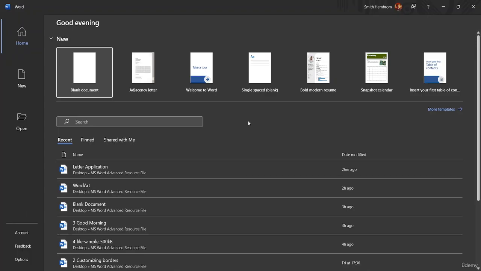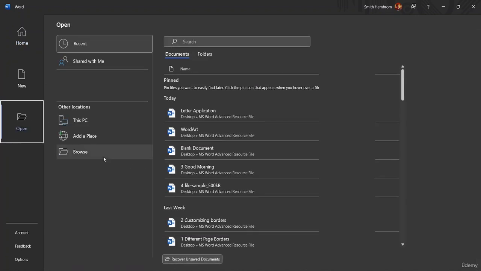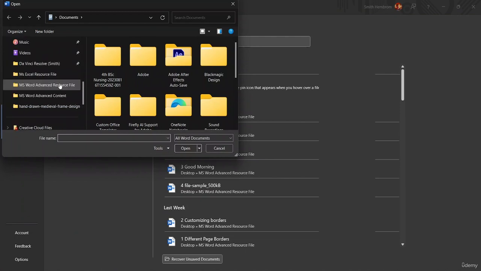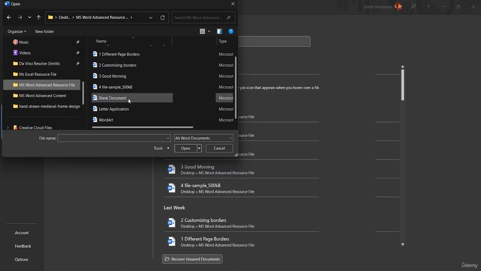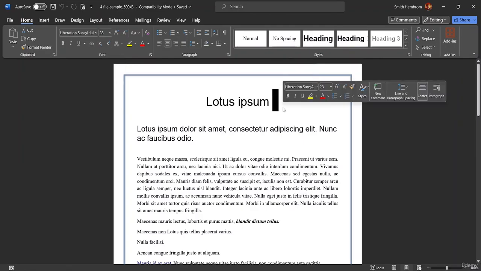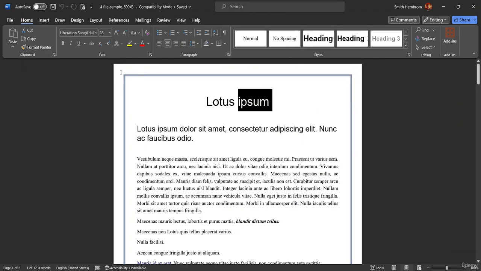So here, as you can see, I am on the home page of MS Word. From here, I want to open up a file which I worked on before. For that, I'll go to the MS Word Advanced Resource File, and here I have a lot of things which I can work with. So let's come over here in this document. Now what I'm going to do is add the file location in the header